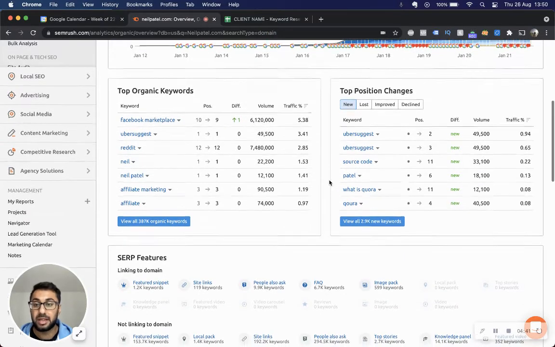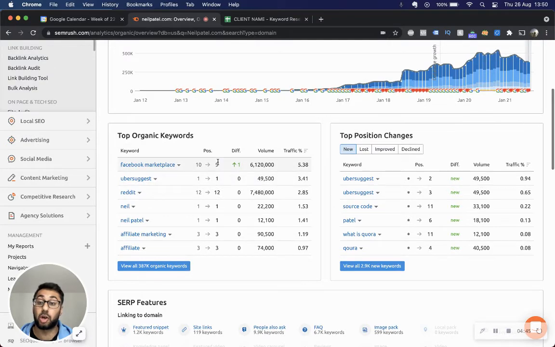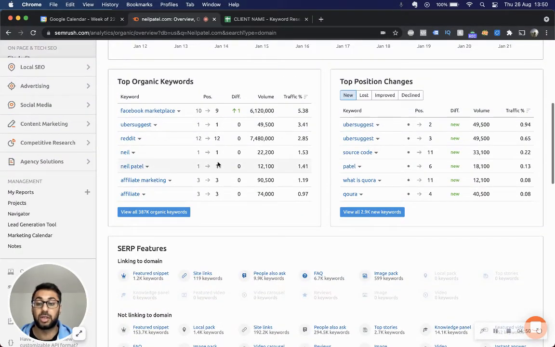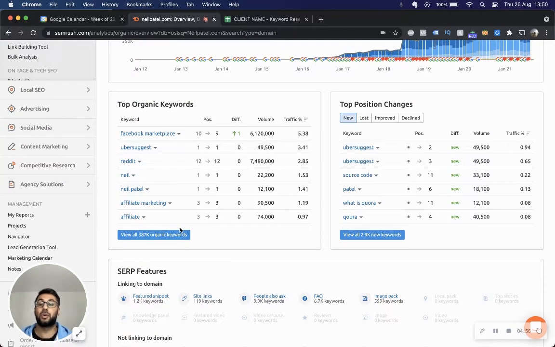So you can look at, for example, what the top keywords are for his particular domain, the Neil Patel domain, and what they're particularly ranking for in terms of what SERP features they're actually dominating. So we're looking for keywords, right? Let's go into the view organic keywords section,